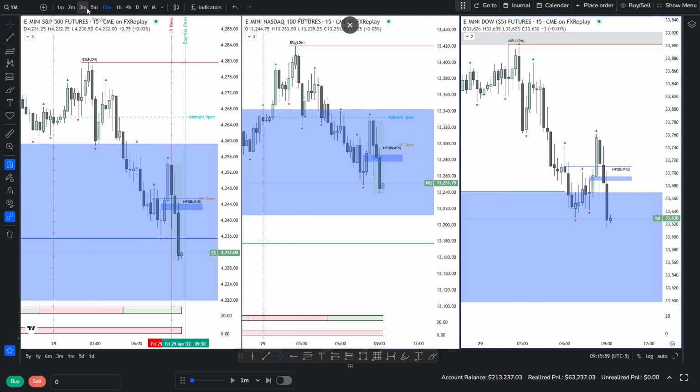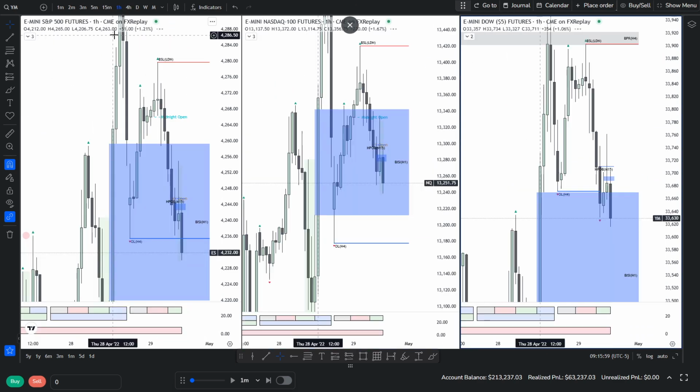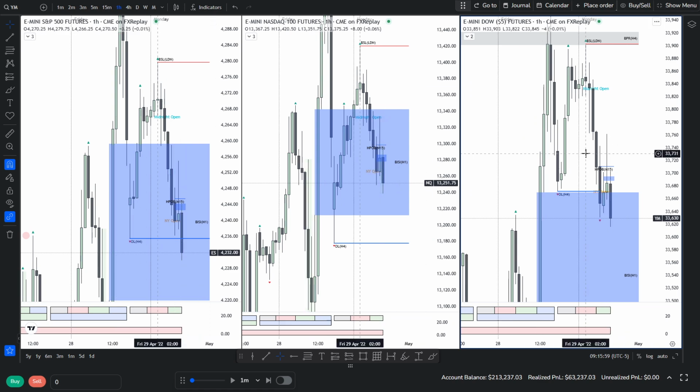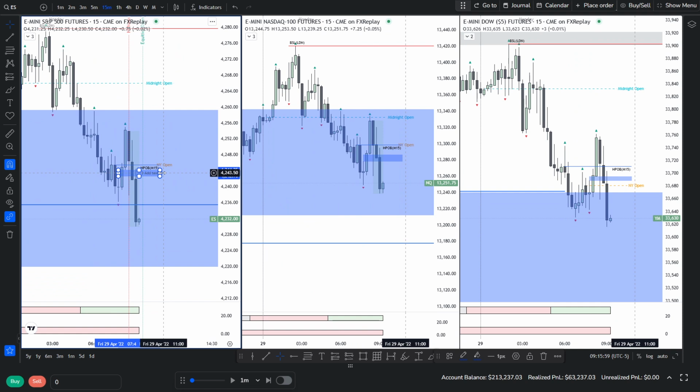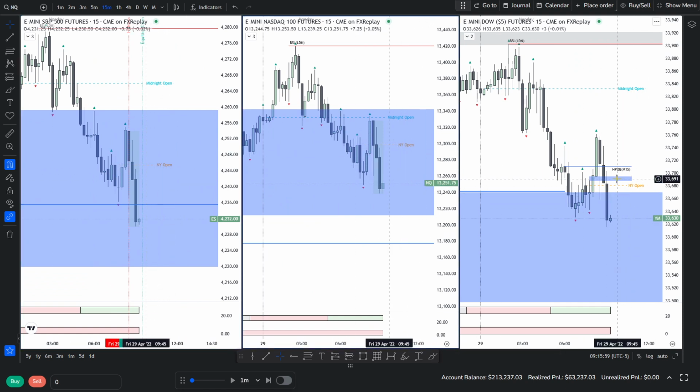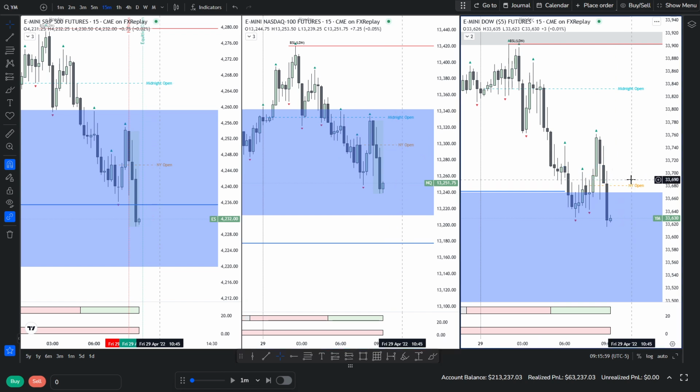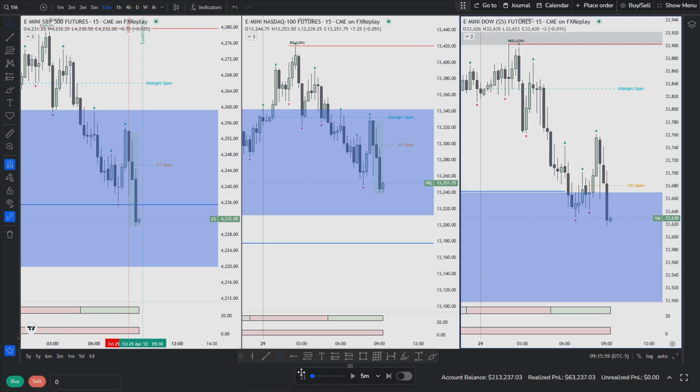So let's just go back out to the hourly and have a look at... okay. So it looks as though we're going to have to wait significantly more time for something. So I'm going to wait for equities open. It was kind of a stupid idea to get involved not pre-market, but pre-equities open. So I'm going to go back out to the 5-minute. We're going to have a look at where price is going to move towards.